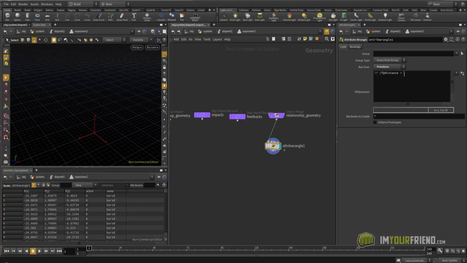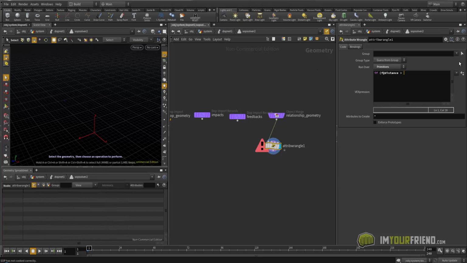Is greater than channel, in quotes, we're going to call this break, "Break me". Quote and parentheses, and another end parentheses. I'm going to do an open curly bracket, enter, and that's if the distance is greater than this. If you just hit this icon here, it'll read the channel expression and throw a value down here, or a slider. So if the distance is greater than this value, then, open curly bracket,